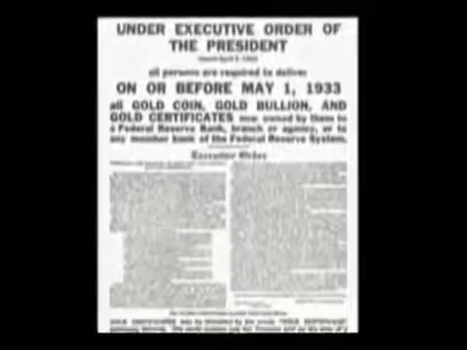In order to do this, they needed to acquire the remaining gold in the system. So, under the pretense of helping to end the Depression, came the 1933 gold seizure. Under the threat of imprisonment for 10 years, everyone in America was required to turn in all gold bullion to the Treasury, essentially robbing the public of what little wealth they had left. And at the end of 1933, the gold standard was abolished.